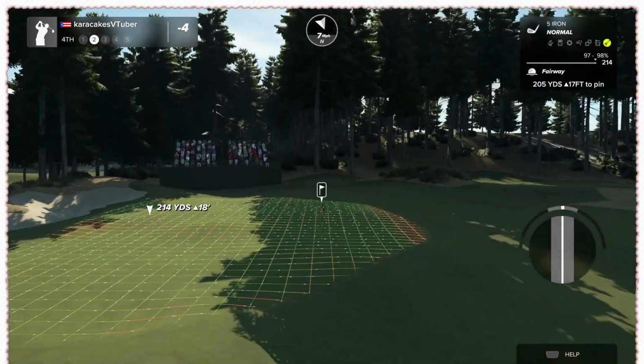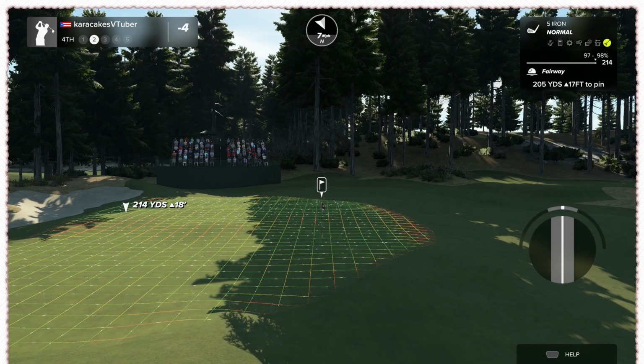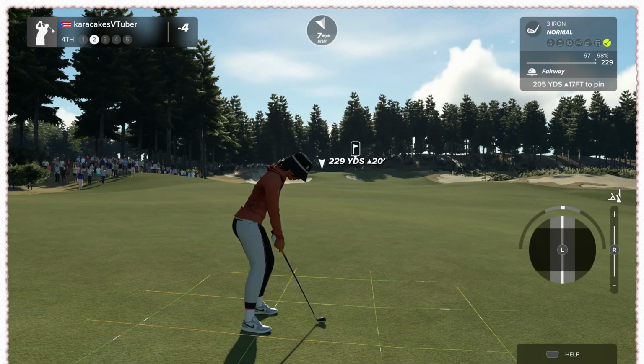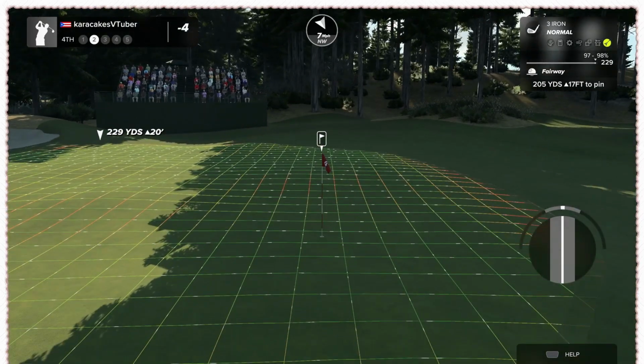You have plenty of slope to play with. It likes to funnel to the right if you get it far enough. It likes to funnel to the left if you're too short. So pick your poison. Do you want to be potentially a little too long? I'm gonna go for a little bit of a long play, because there's a red slope at the back of